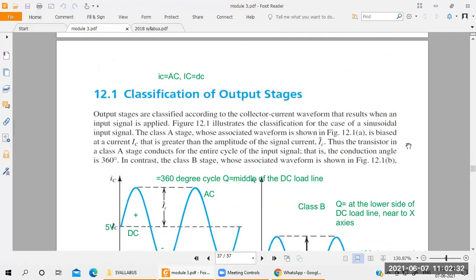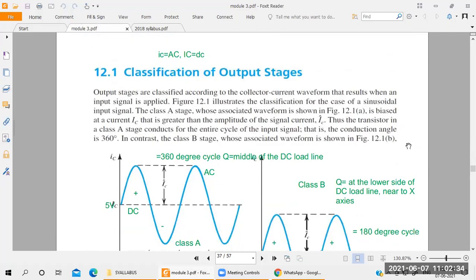Here you take the power amplifier. Power amplifier means what here? On the output side, you are getting maximum current and maximum voltage, by using any kind of transistor, either a power transistor, a BJT, or a MOSFET. From that, we can make higher output current and higher output voltage. Understood? That is the meaning of power amplifier. Power means you get a larger power on the output side of the amplifier.